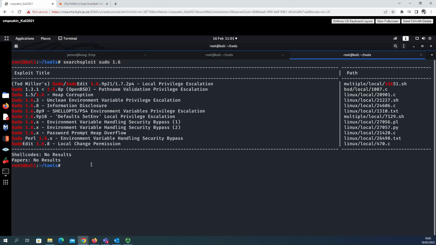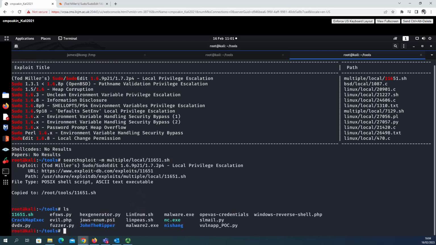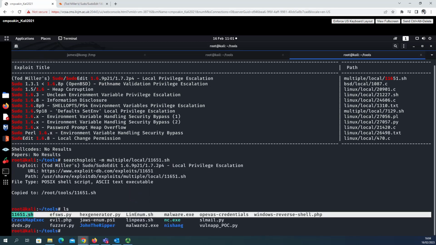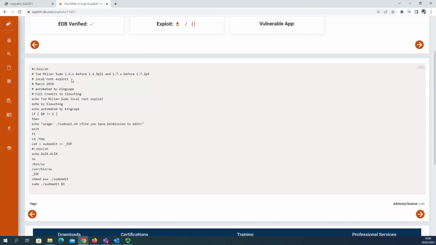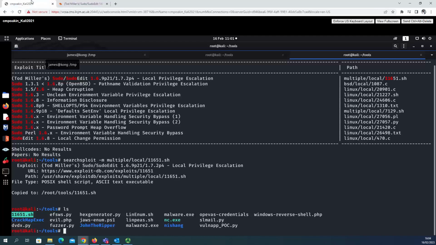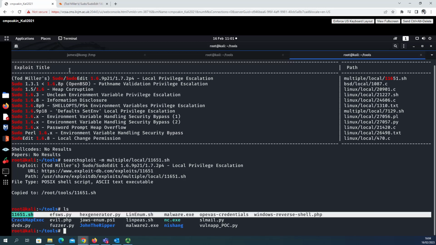and in our tools directory, we run searchsploit -m to copy that exploit. And now if we do a list, we have this exploit script here. So this is the same script that we have here. If you could copy and paste, it's just a case of copying this and putting it into a file. But we have it locally now on our Kali machine. Now we need to find a way to move this exploit to the